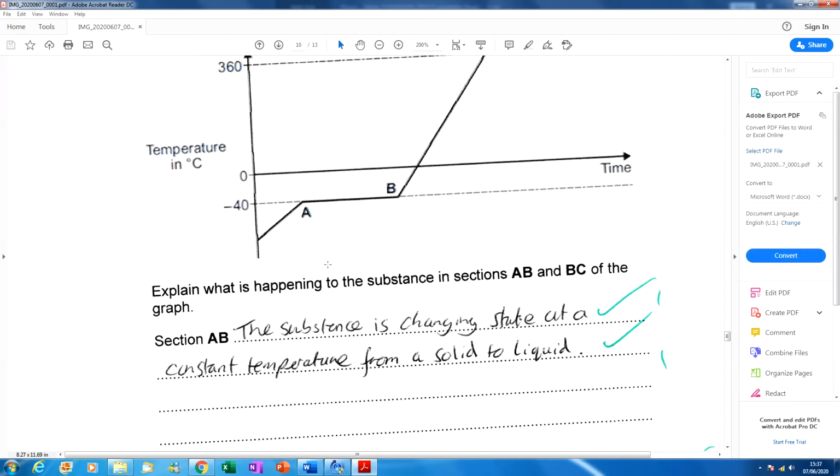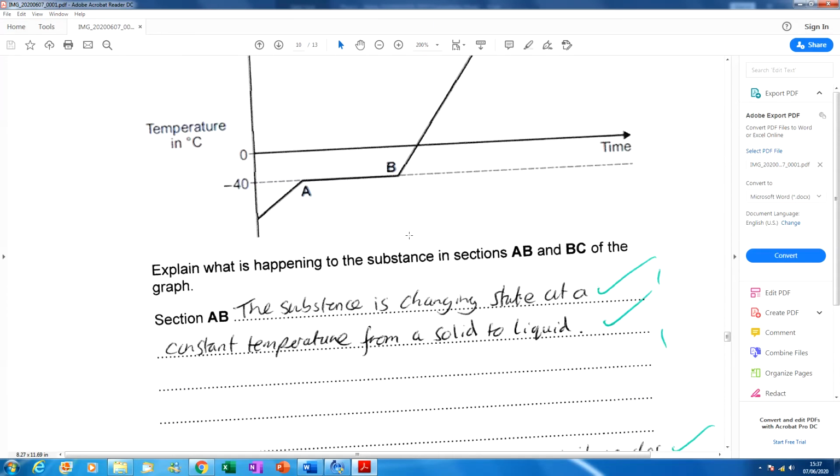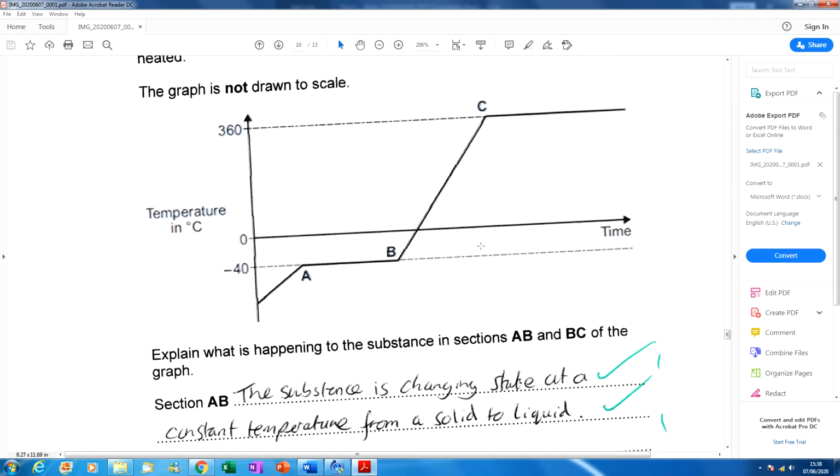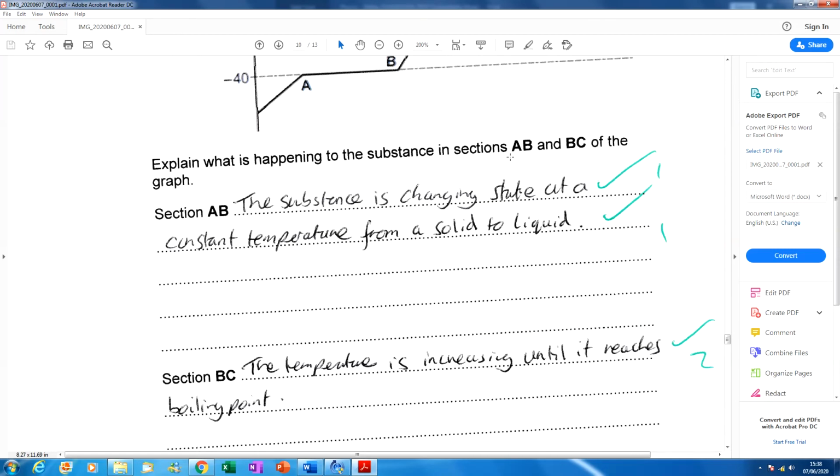So in the second part, the temperature is increasing, so from B to C the temperature is increasing, but it stops increasing when you get to point C. So C must be the boiling point. So going to the